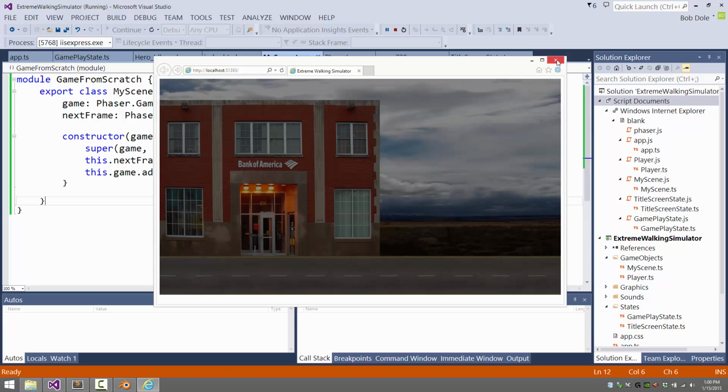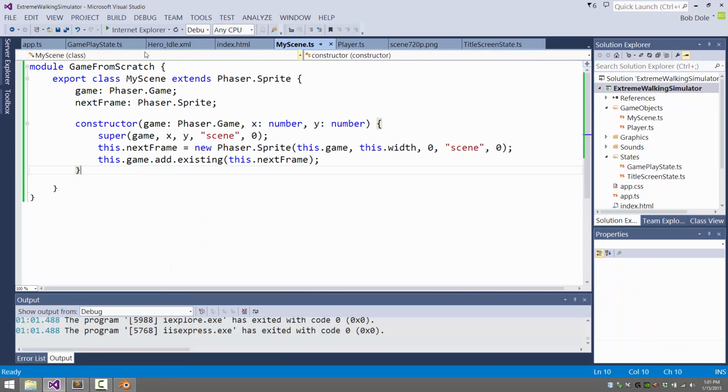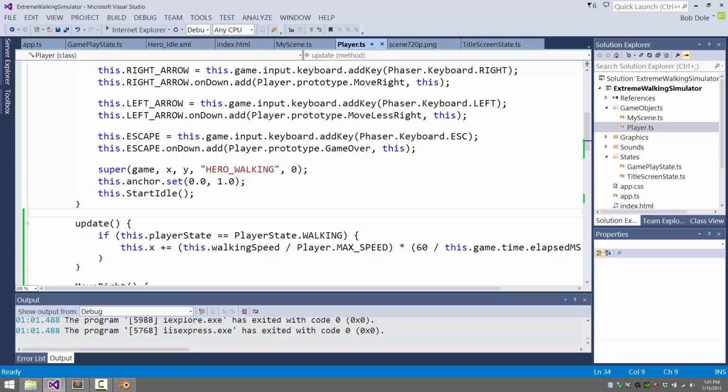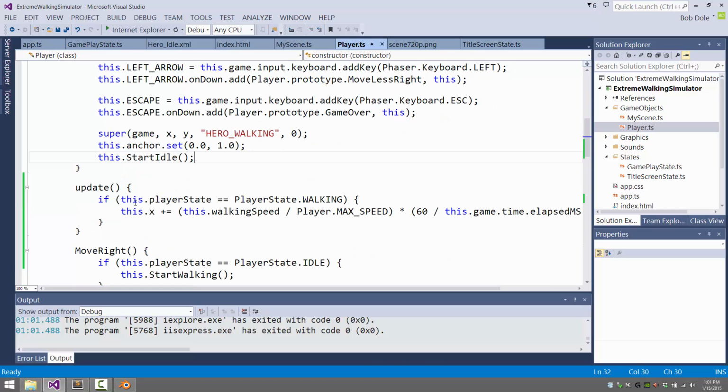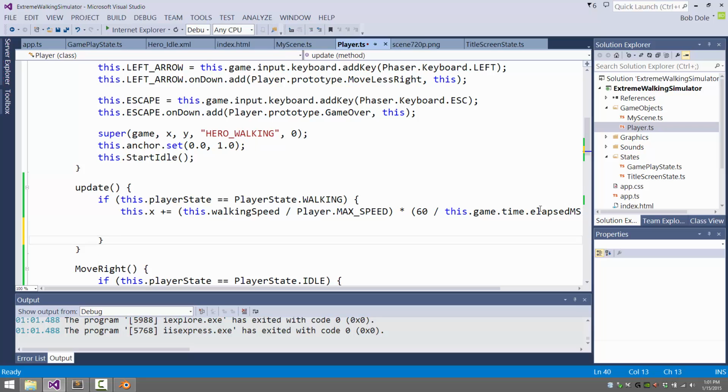So now let's do that. In order to do that, we need to go back to our player. We're going to control it via player. It could be controlled via scene as well. It might even make more sense to be in scene, but I'm doing it in player. And now we need to implement in our update. So remember, we have this right here. This is what actually controls moving our player as time goes on. After this if, or in this if, yeah, in this if, because it's only going to happen if they're walking, we now check